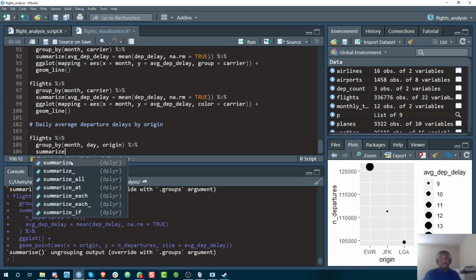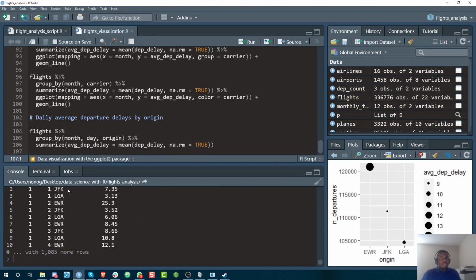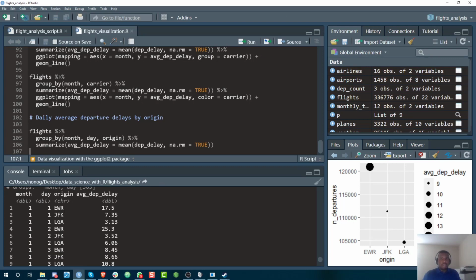Okay, and because we want the average, we need to summarize, right? So avg_dep_delay, mean of dep_delay, na.rm equals TRUE. Okay, so yeah, there's the data right here. So we can go ahead and plot it. Normally I wouldn't do this. I would save my data in a variable and then plot it. It's better because if you want to use the data later, you can do that, and it's actually fairly easy to do it like that. Okay. All right. So ggplot